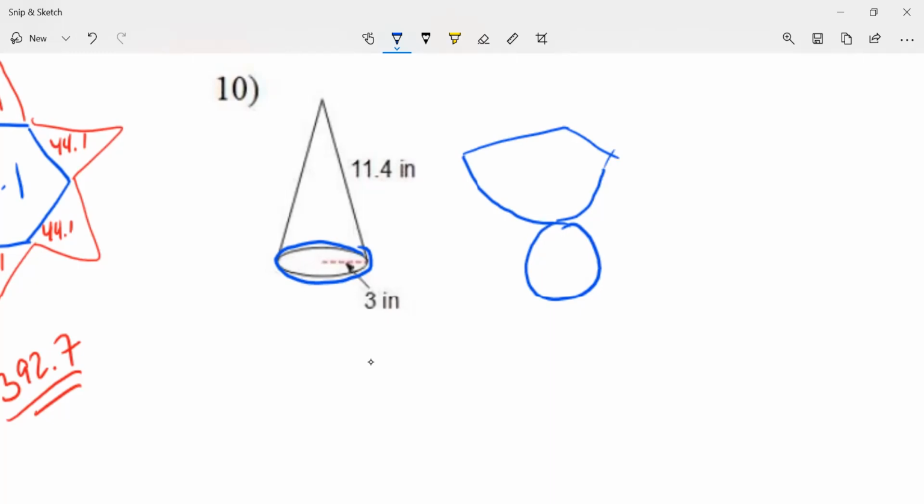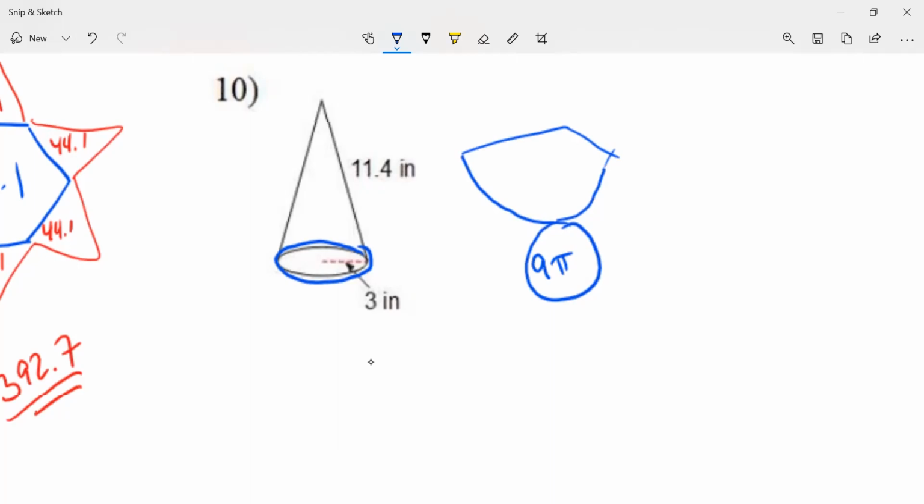Now I know the radius is 3, so my circle's not that bad. Radius squared times pi, right? For right now, let me just call this 9 pi. My circle's easy. Let me just call it 9 pi. Now my other shape,